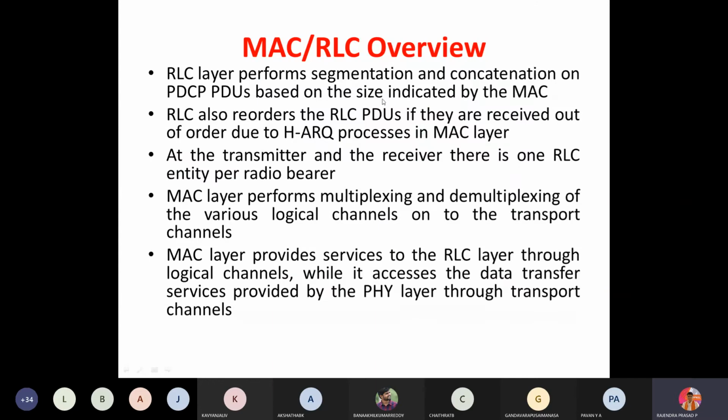The RLC layer performs segmentation and concatenation on PDUs based on the size indicated by the MAC. RLC also reorders the PDUs if they are received out of order by the HARQ process in the MAC layer. For the transmitter and the receiver, there is one RLC entity per radio bearer. The MAC layer performs multiplexing and demultiplexing and provides services to RLC.